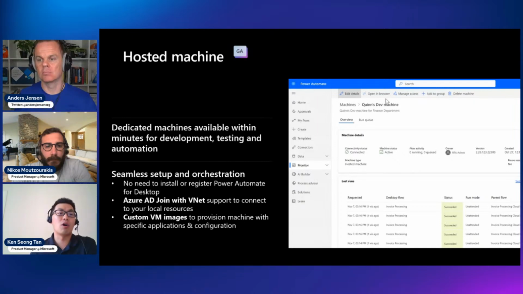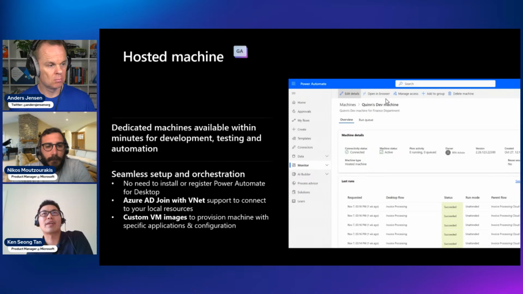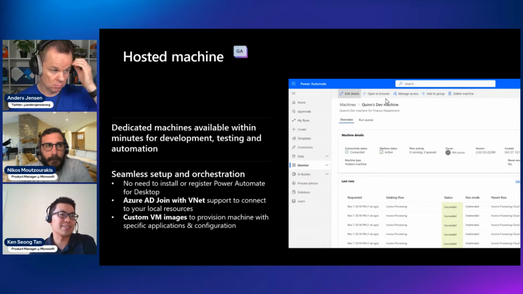Because a lot of RPA automations are running on, let's say, legacy applications that are connected through a customer's network, right? It's not accessible on the internet, for example. So that's also something that we've introduced, and we know that in hosted machines you can have bring your own